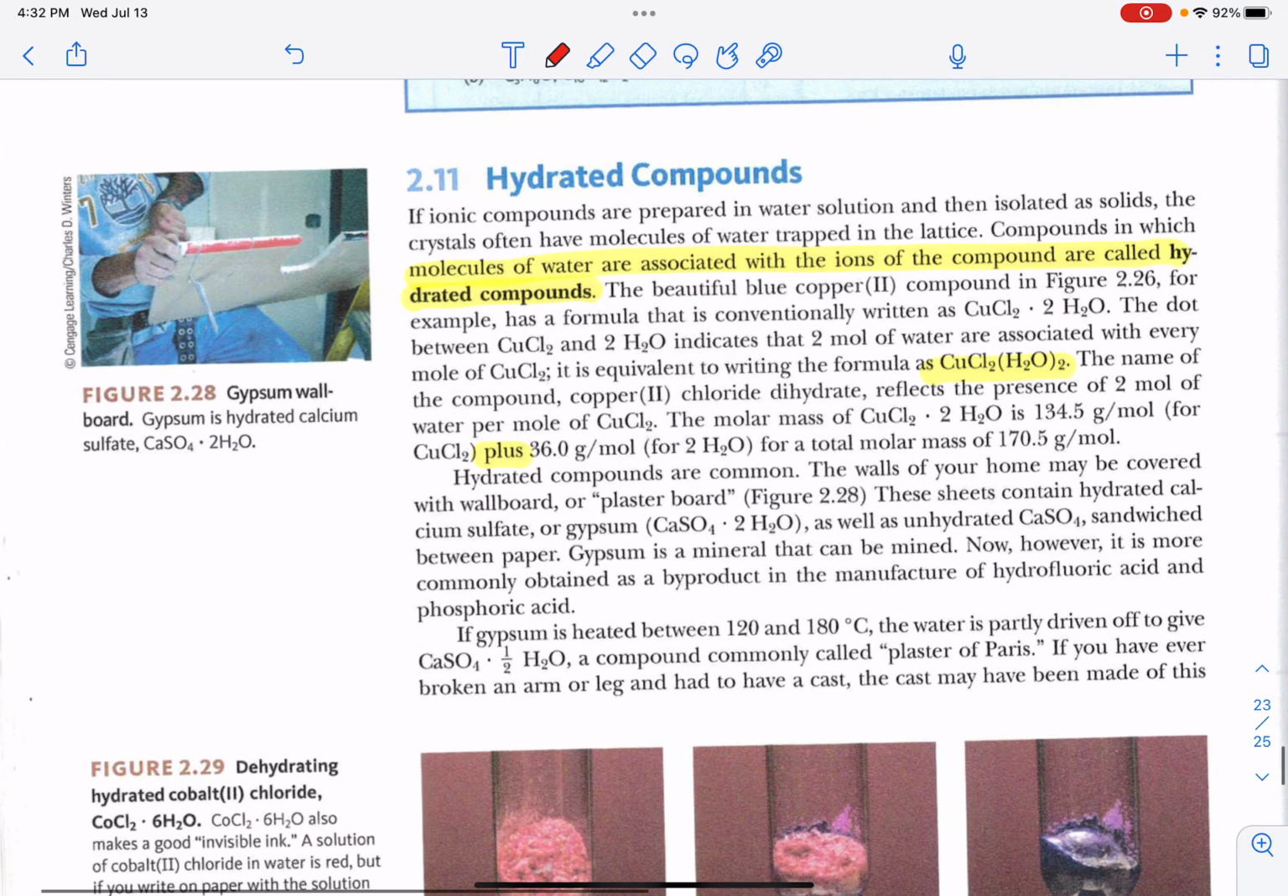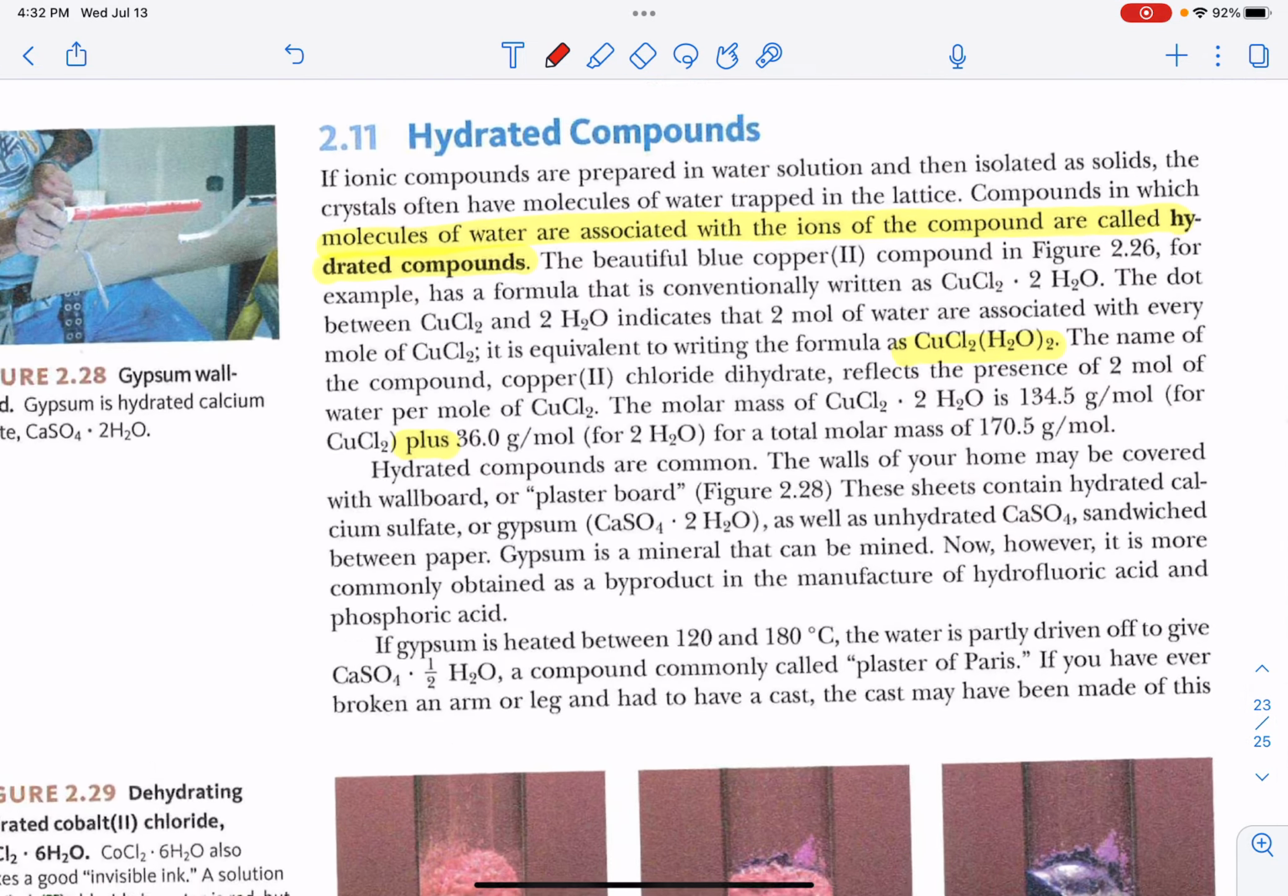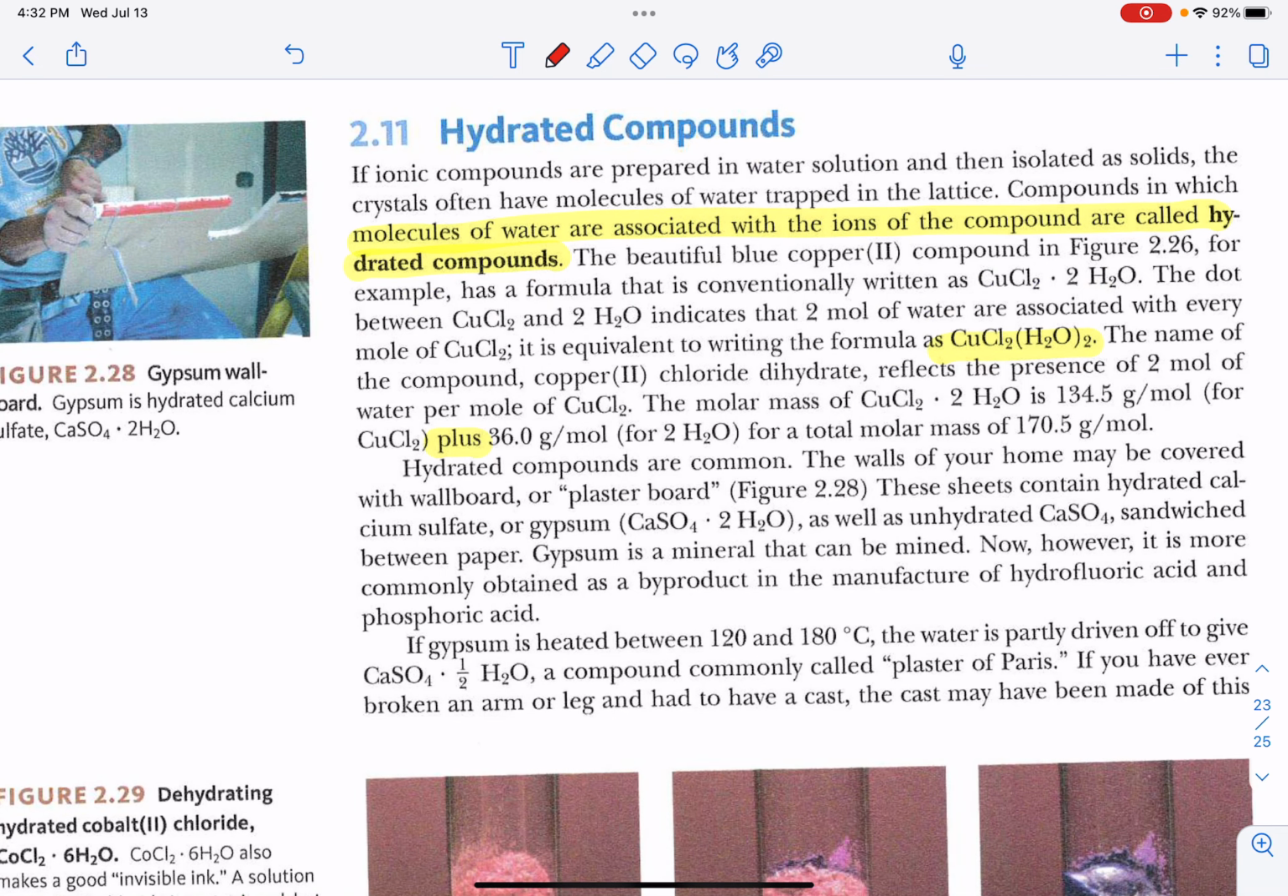Okay. A hydrated compound is a compound that has water molecules attached to it. There are different ways that we can represent this. Here's one of them. You have copper 2 chloride, and then you have 2 water molecules. We keep the water molecules intact because molecularly they stay intact in the copper 2 chloride crystalline lattice structure. That's one way to do it. Another way to do it is